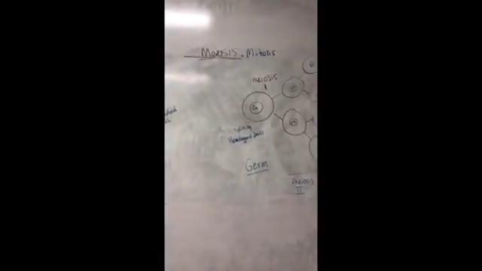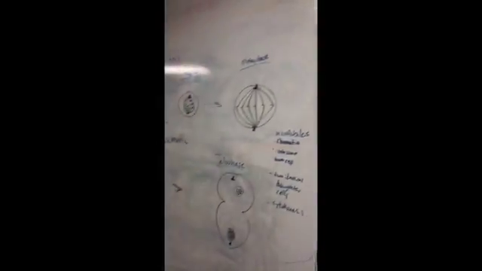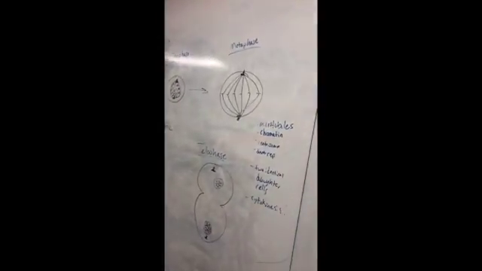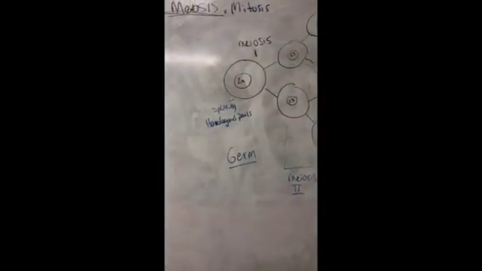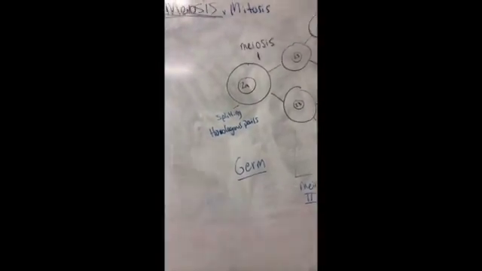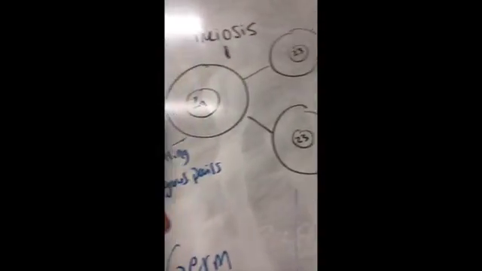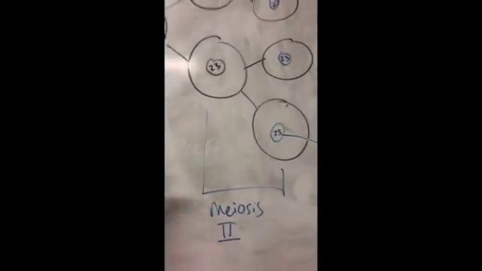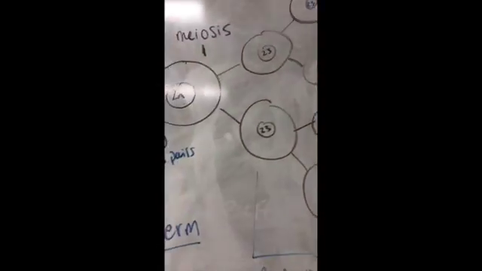With meiosis, it pretty much goes through the same exact phases that mitosis does. It goes through interphase, prophase, metaphase, anaphase, but then it just goes a little step further. So with meiosis, we're primarily dealing in fertilization. So we're looking at, for example, human sperm cells and egg cells. So with meiosis, again, we start with that same diploid cell like we did in mitosis, and we start splitting the homologous pairs. So we end up getting 2 haploid